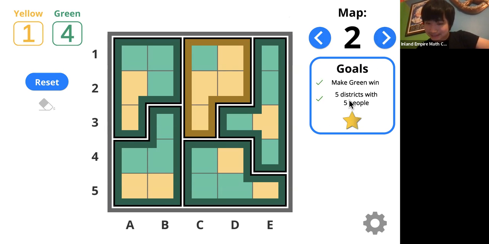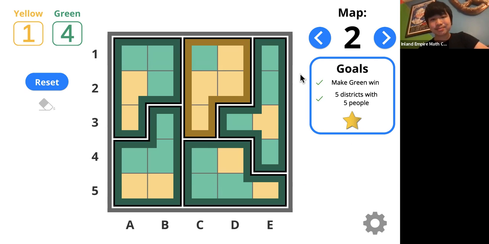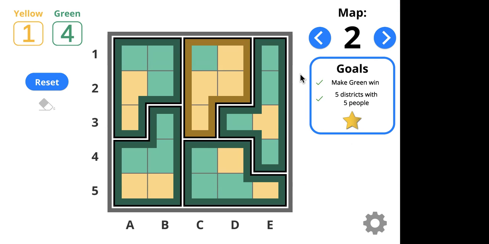Wait, doesn't green still win with 3 districts? So isn't that other district's votes also technically wasted? I mean, I guess, but first of all, green would obviously prefer if they have a lot,